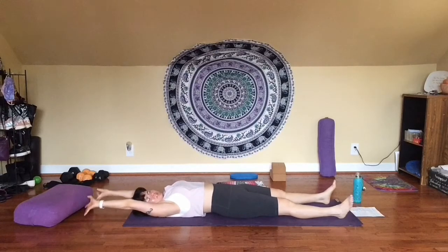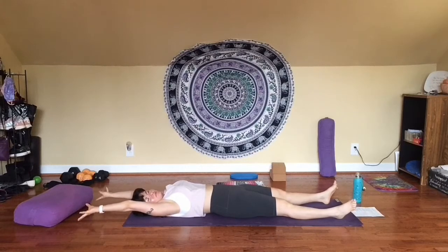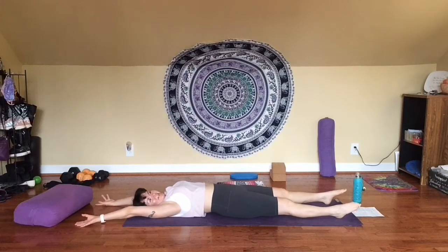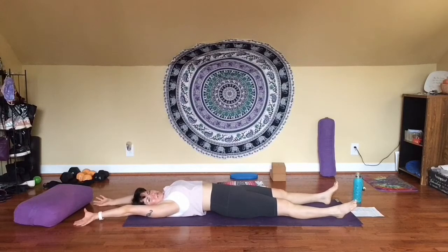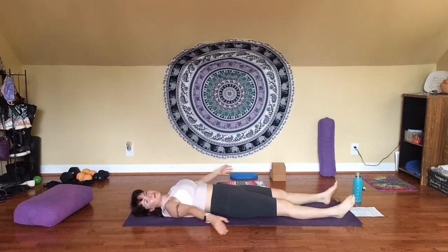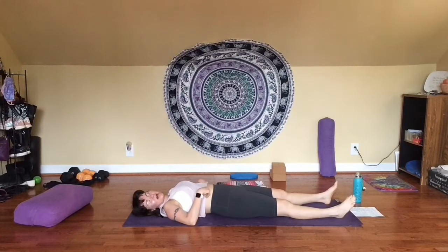So almost pretend someone's pulling on your fingertips towards the wall behind you. Pulling on your toes towards the wall, going in that direction. And just stretch your body long. Take one more big breath in through your nose. And exhale with a big old sigh out through your mouth as you release your arms down to the side